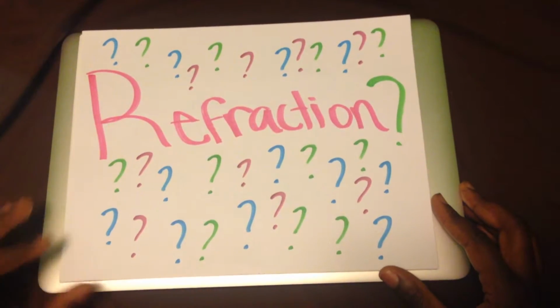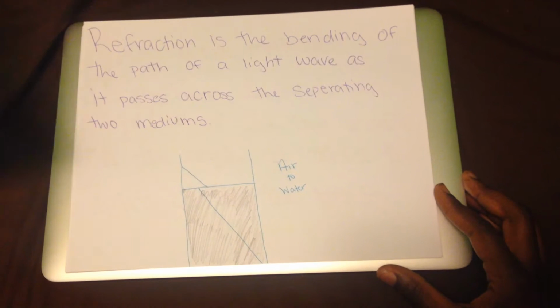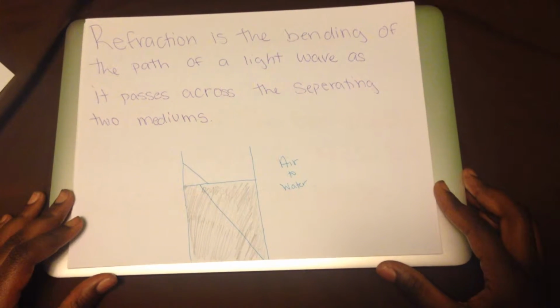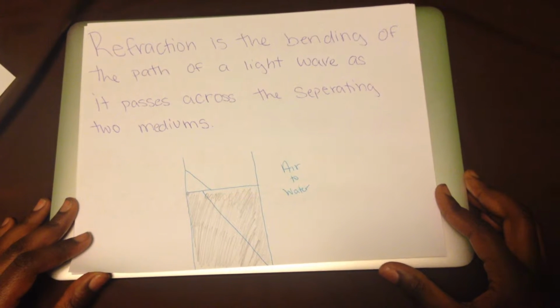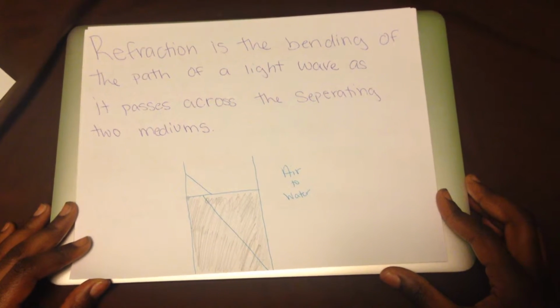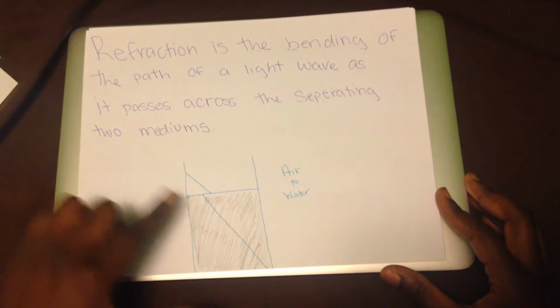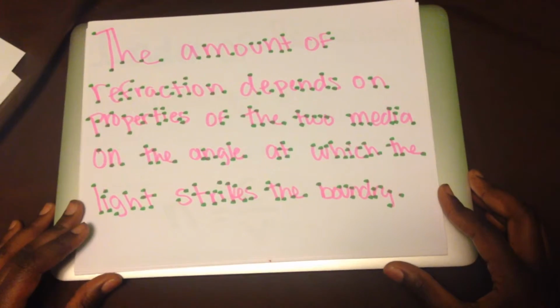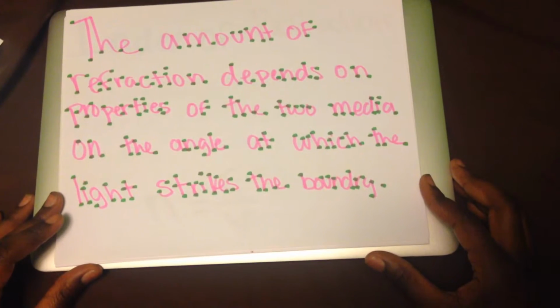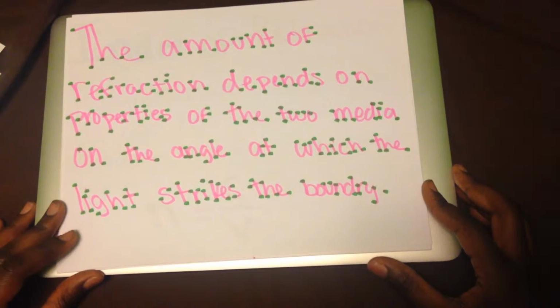But first we must define what refraction is. Refraction is the bending of the path of a light wave as it passes across the boundary separating two mediums. As you can see here in this image, we can see the light bending as it crosses from air to water. The amount of refraction depends on properties of the two media and on the angle at which the light strikes the